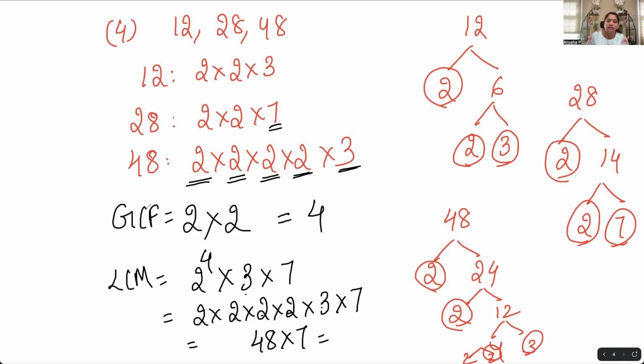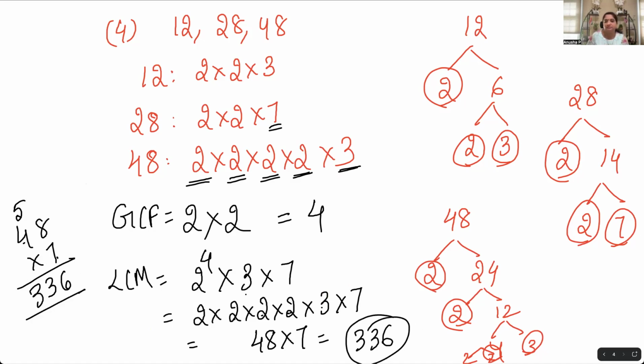We have to do 48 times 7. Okay, if you want we can do it here. Okay, 7 times 8 is 56. Write 6, carry 5. 7 times 4 is 28. 28 plus 5 is 33. So the answer is 336. Okay,